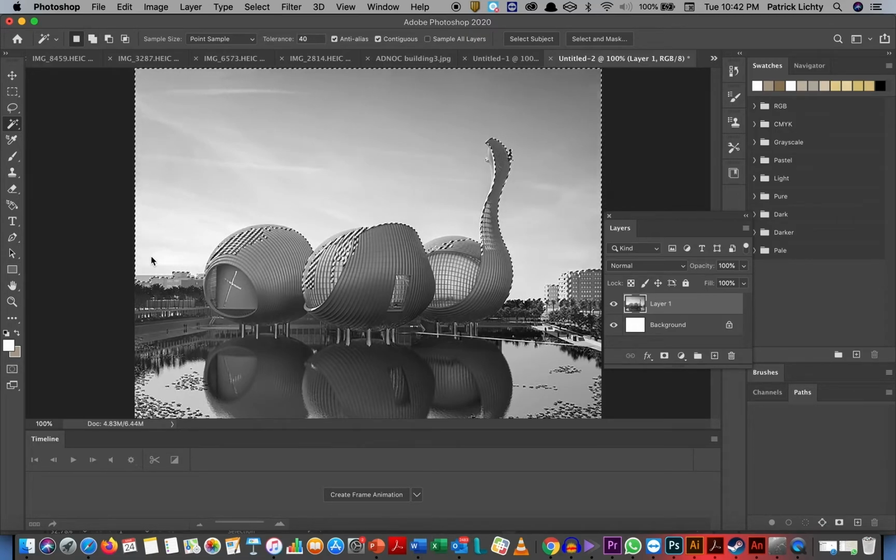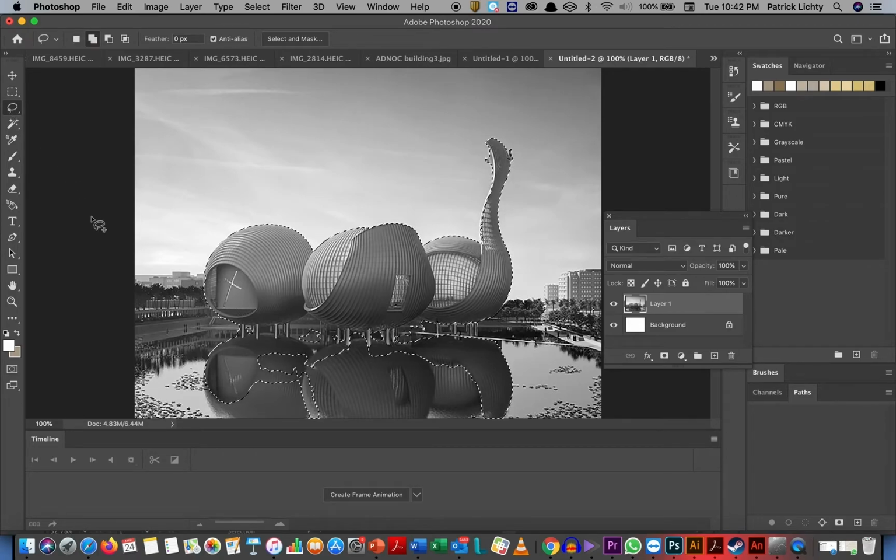And maybe I can just do this with a select subject. If not, don't worry about it. You know what? That's not bad. What I'll do is take this and then I'll just do a quick lasso in on some of these parts here,